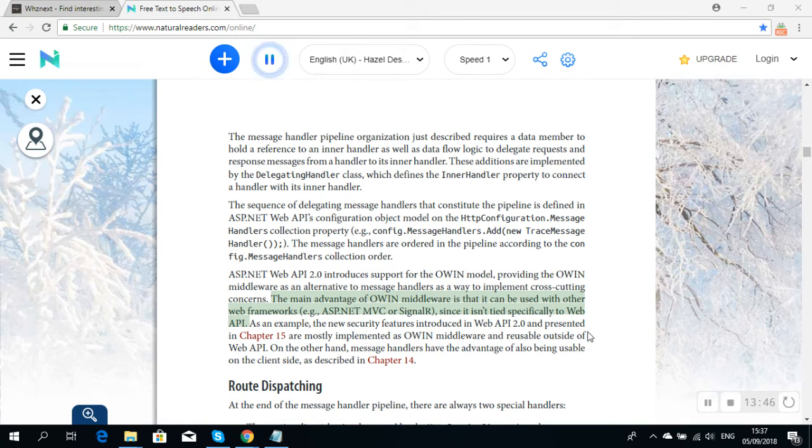The main advantage of OWIN middleware is that it can be used with other web frameworks, for example, ASP.NET MVC or SignalR, since it isn't tied specifically to Web API. As an example, the new security features introduced in Web API 2.0 and presented in Chapter 15 are mostly implemented as OWIN middleware and reusable outside of Web API. On the other hand, message handlers have the advantage of also being usable on the client side, as described in